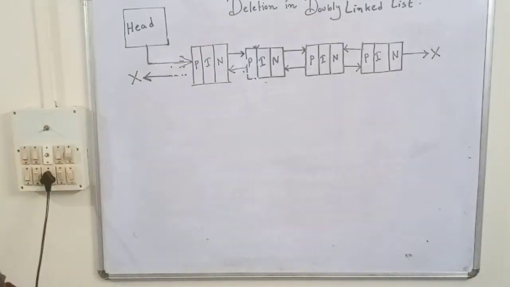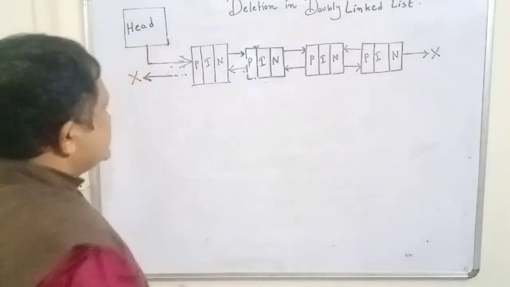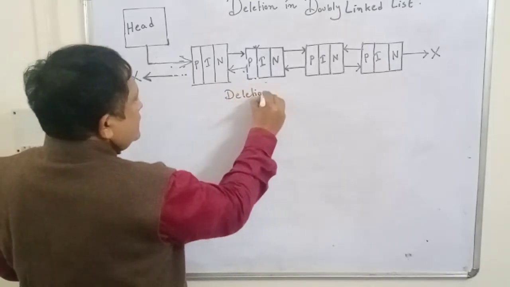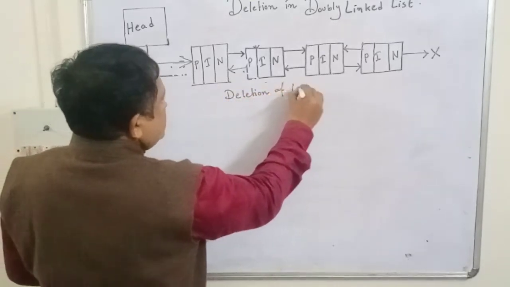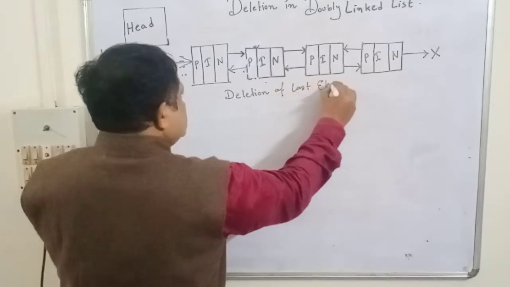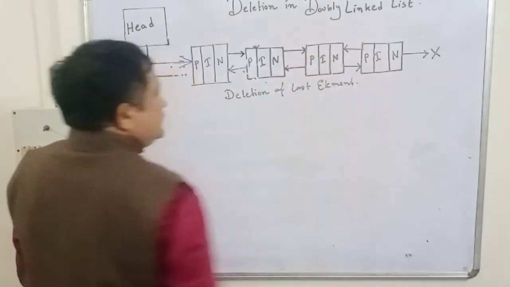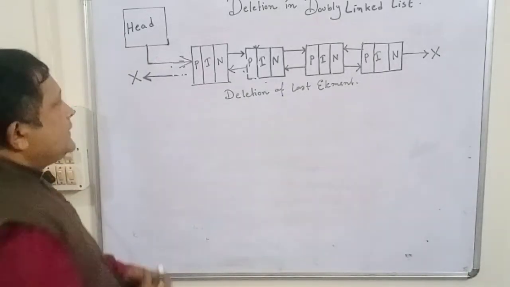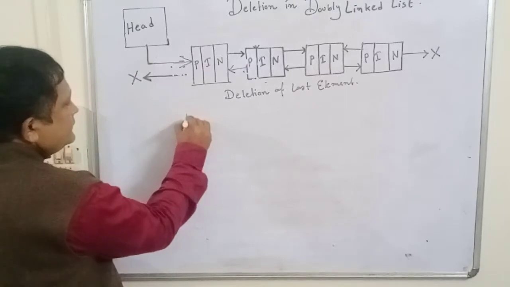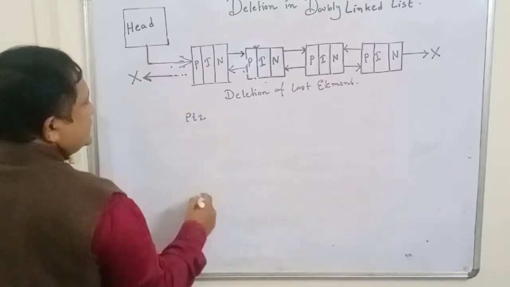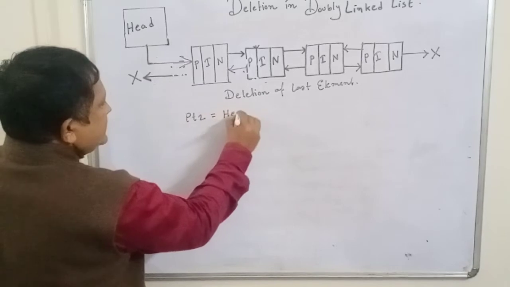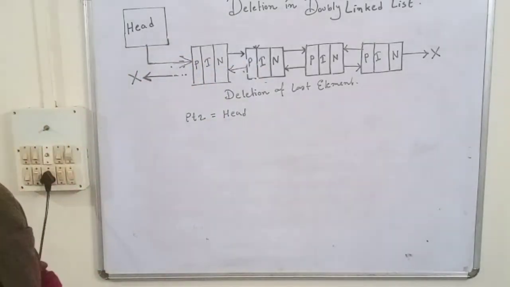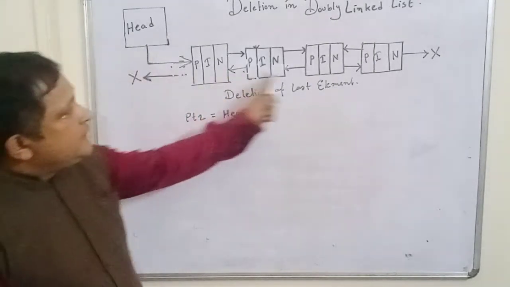So we have this. Now deleting an element from the last node. The last element of the last node from the linked list. How to do it? A PTR is a pointer, again we can declare, will be assigned by head. So PTR can be used as a pointer variable that gradually will reach the last node.